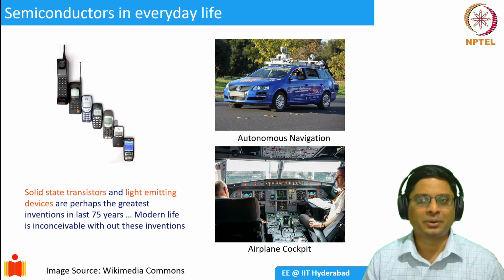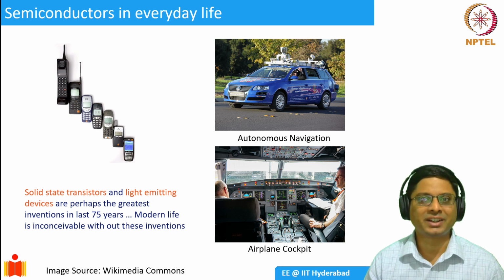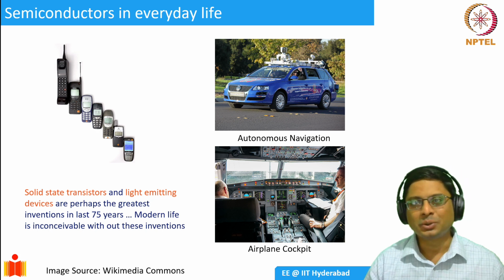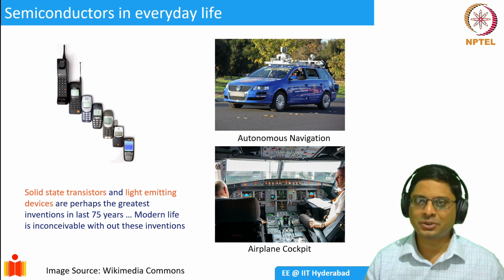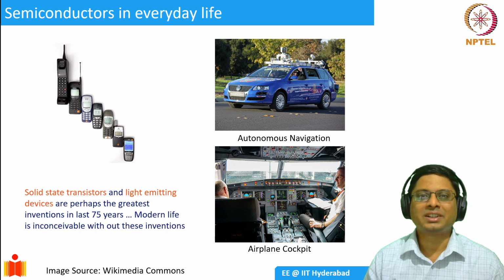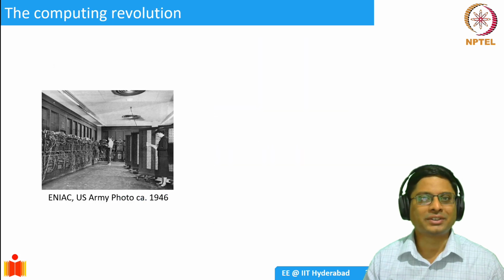So if we look at the world around us, we see that semiconductor devices are everywhere. They are there in the smallest of gadgets, like in your cell phones, to airplanes and satellites and so on. So they are all pervasive and they essentially power the modern scientific revolution. And this story has been one of the greatest stories of technological achievements in the last century. So, how does this happen?